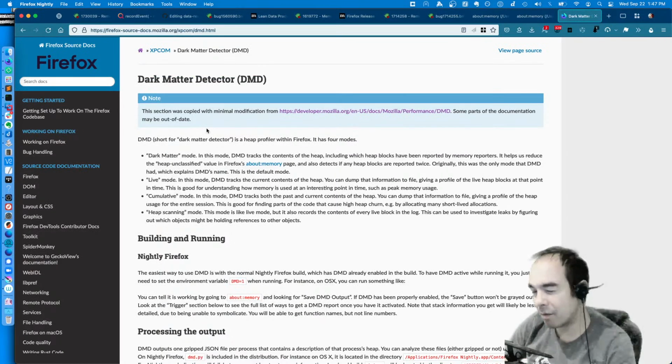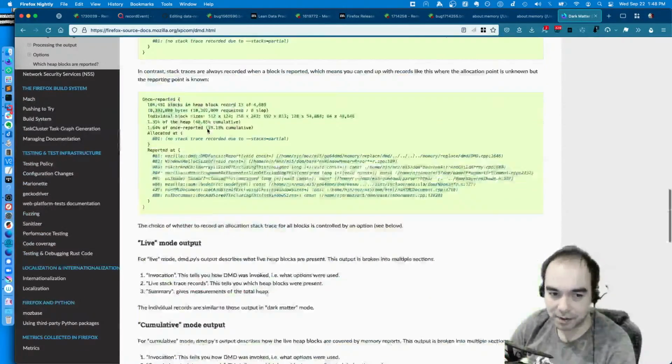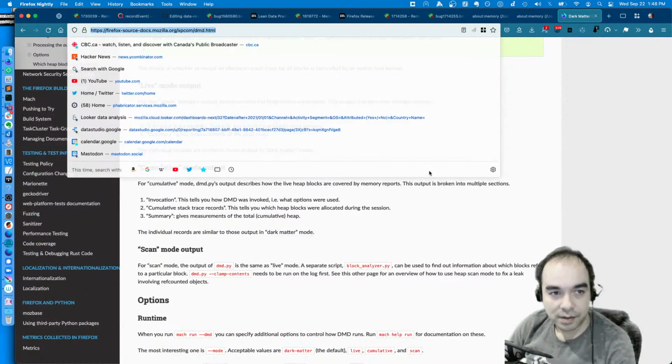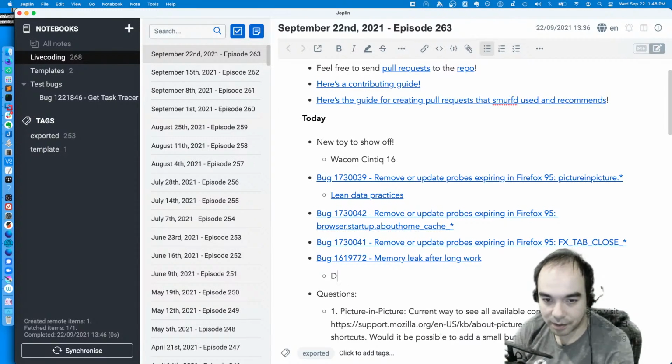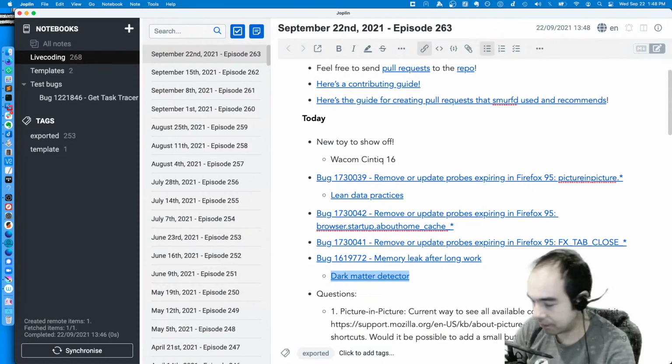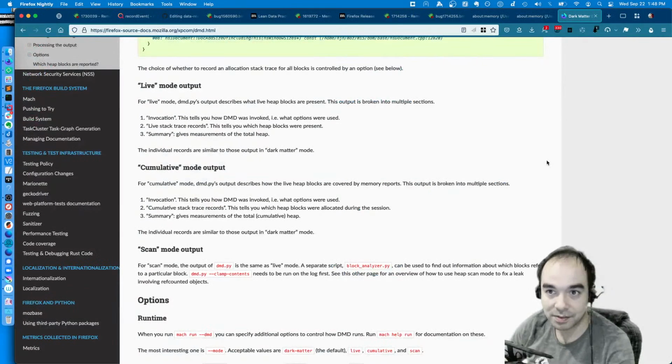I think I was familiar with one related to fonts, something to do with web fonts. We didn't have good memory reporters for that, and so it ended up in heap unclassified. Let me just put this documentation in here. Dark matter detector. But again, it's not really my wheelhouse. I'm not so good at the memory stuff. I can analyze the reports, kind of. I'm much better at performance profiles than I am